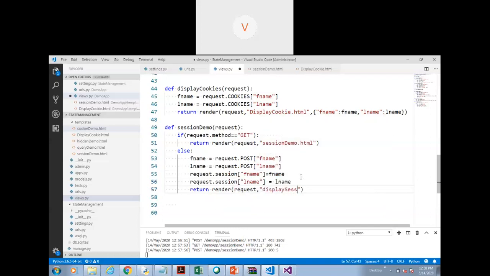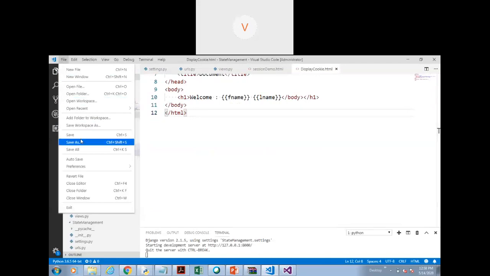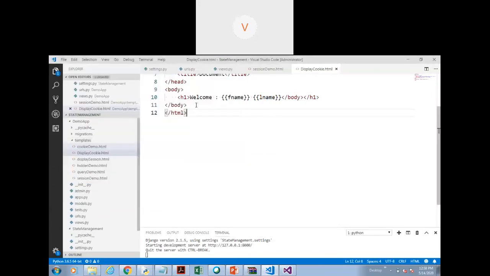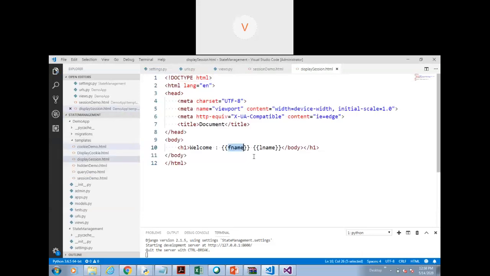Let's have the file with the name display session.html. Now I will not have to pass the value of the session to this page. I can directly go to this page and access the value of the session. So let's do that. So I will just save this file name. Save.